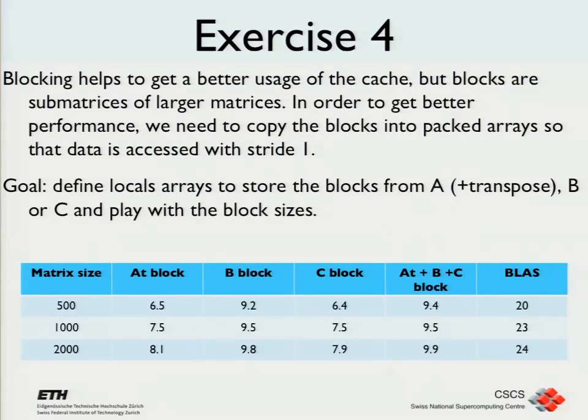So the answer is that, if you block the transpose of A, you'll get a performance increase, but not so much. The best one is blocking B. That's very interesting. C is not really interesting. It's comparable to this one. But if you do all three at the same time, you get